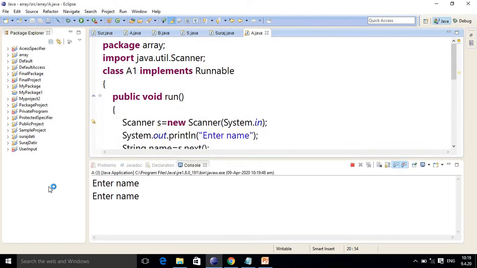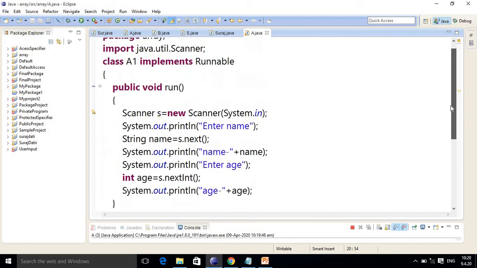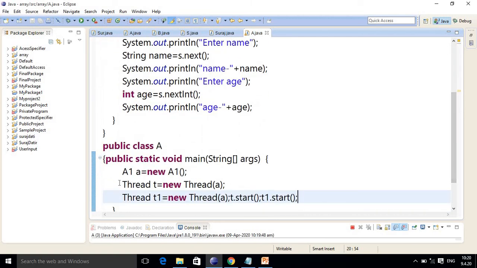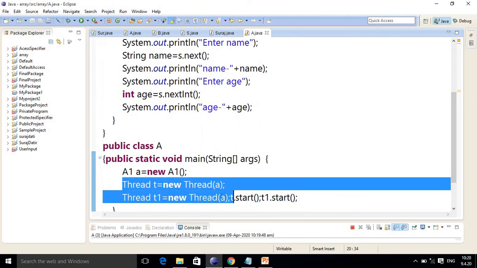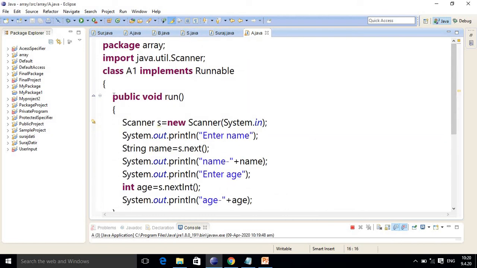You see it is running, both the threads are running, and at the same time we are getting the same message. So for avoiding this situation you have to use the synchronized method. Because what happened here is we created class A1, then by using these two objects we are indirectly creating two threads and they are sharing the same code. As they are running simultaneously we are not getting the proper output. So you simply use synchronized before the run method.